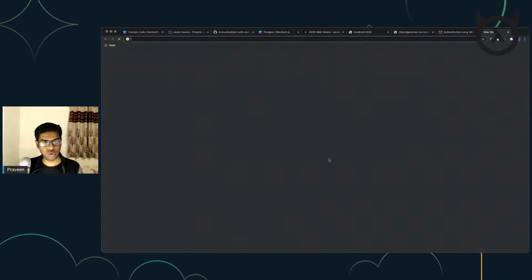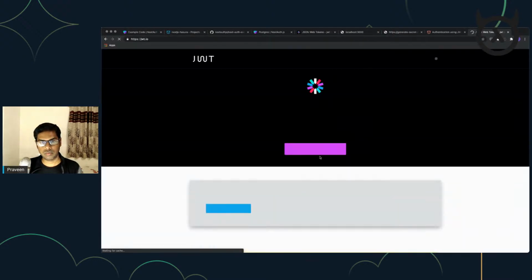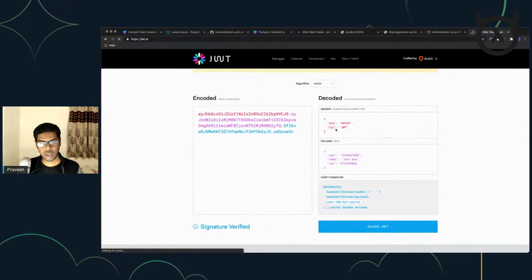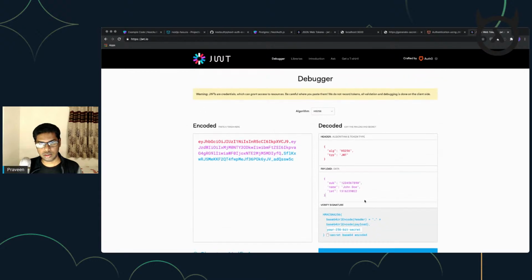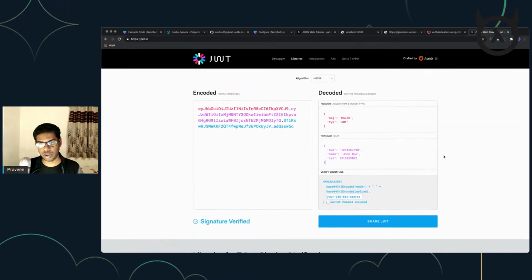So for example, if I go to jwt.io, if you look at the encoded token, this is the base64 encoded token. And here, if you look at the payload, this is the JSON that's being generated for the token. So this ideally would contain the user ID, the name, the issue time, the expiry time, and so on. It shouldn't really contain sensitive information because this could be accessible by the front-end client, right? So